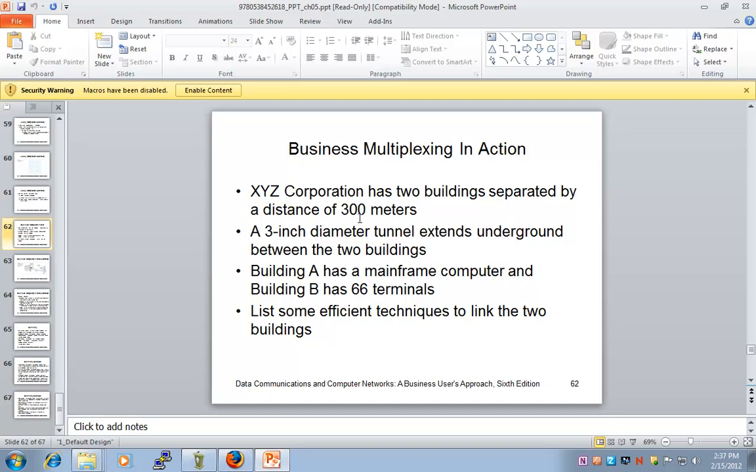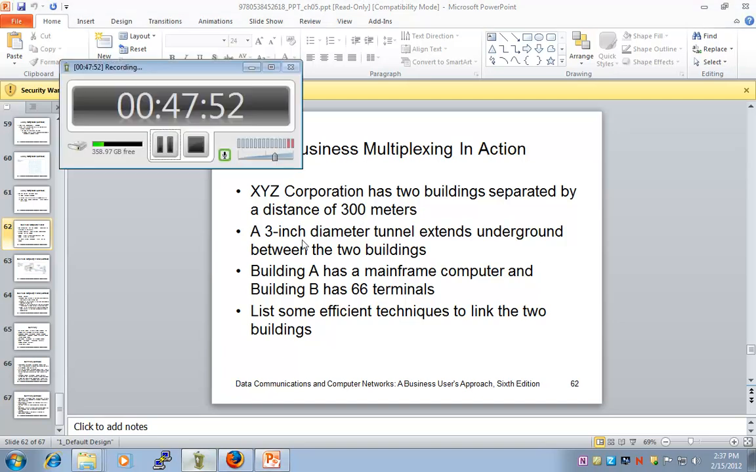Very good. Any questions about multiplexing and compression? All right, good deal. So what we can do at this point,